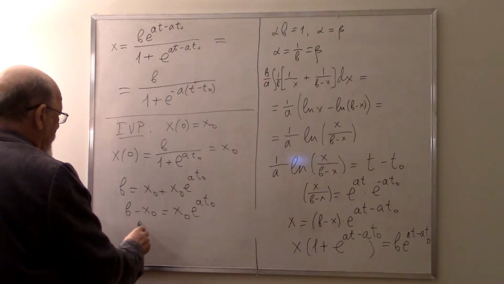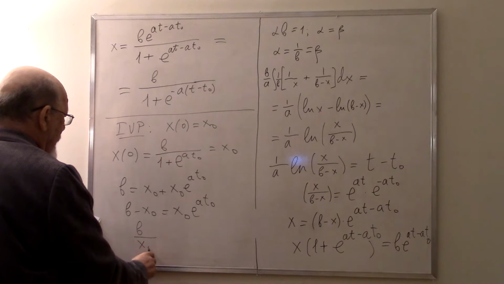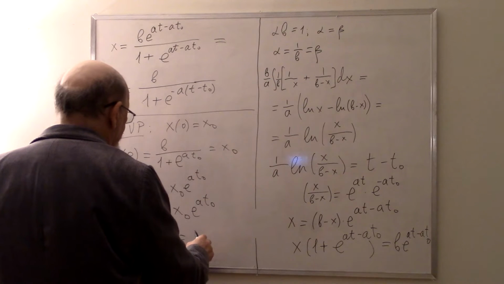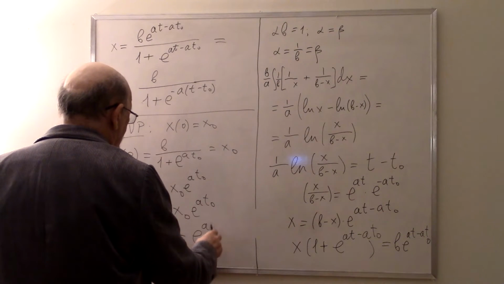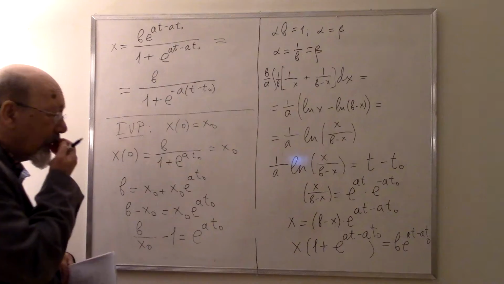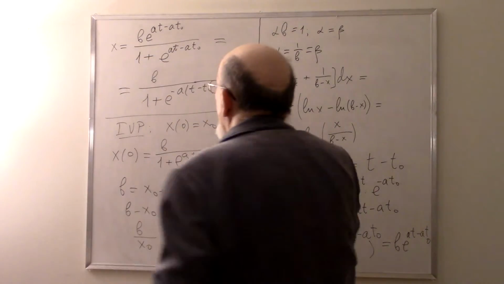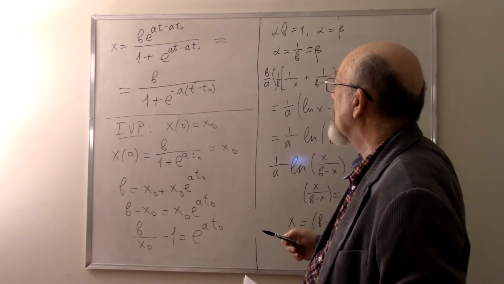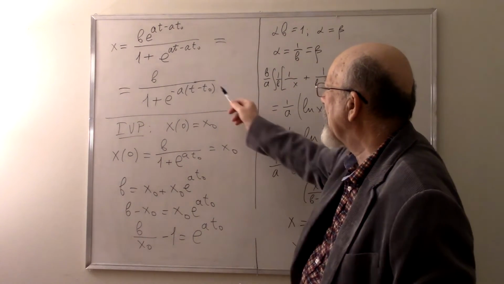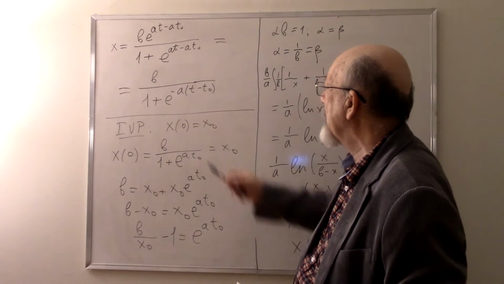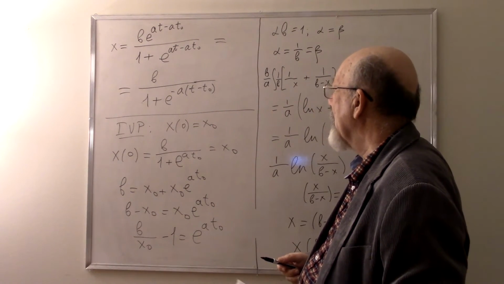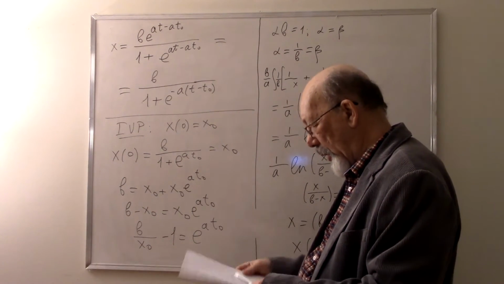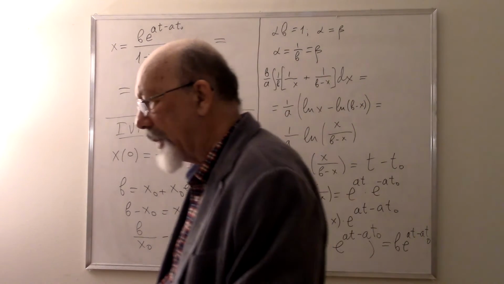Divide by x0, b, x0 minus 1 equals e to the power AT0. No, you know what? In the solution, we do not have T0 itself, but it enters in the form e to the minus AT0. Yeah. So this means that